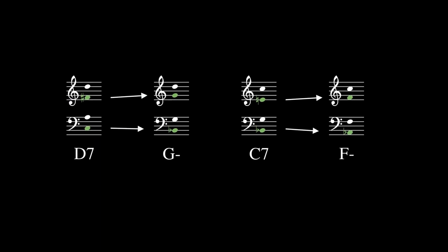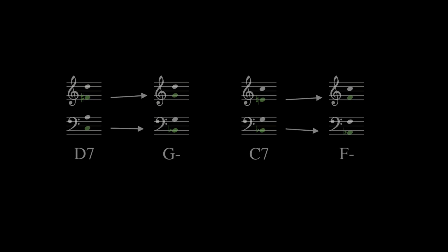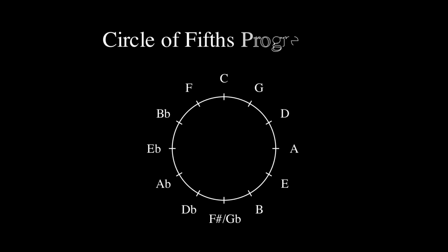This repeating pattern of resolution and tension in the 3rds and 7ths of the chords as the harmony travels down in 5ths really allows us to appreciate this rich progression. This descending circle of 5ths progression that we've been looking at, which is often just called the circle of 5ths